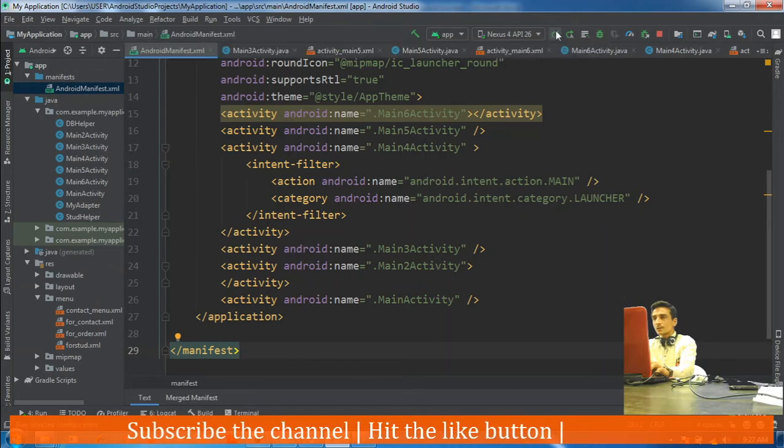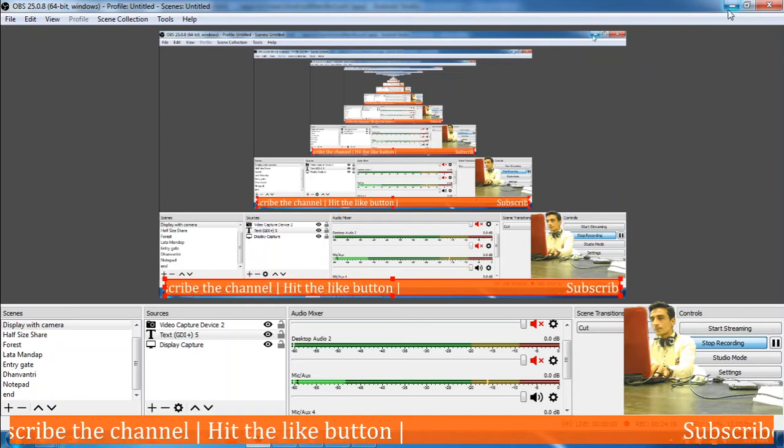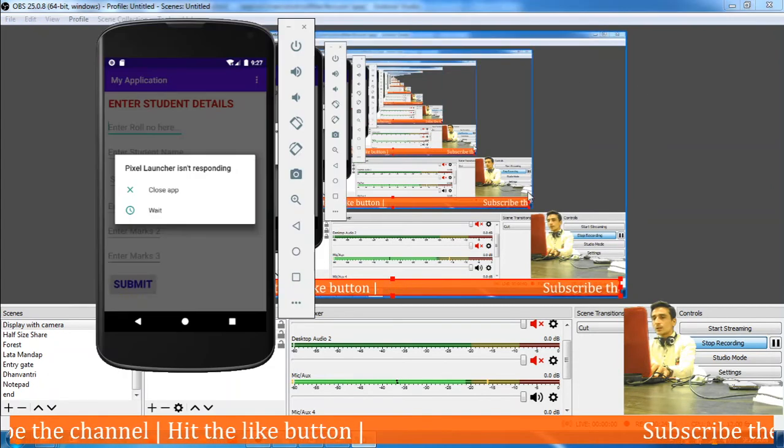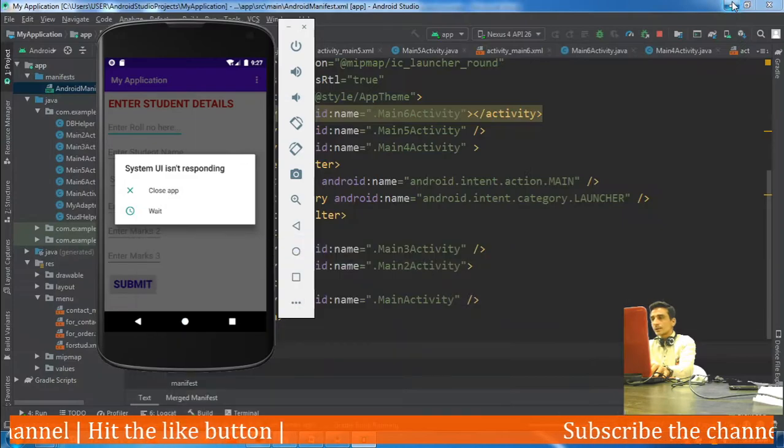Now let's re-execute it. Let's wait for the device to execute it.